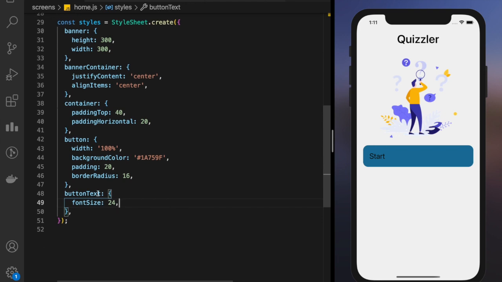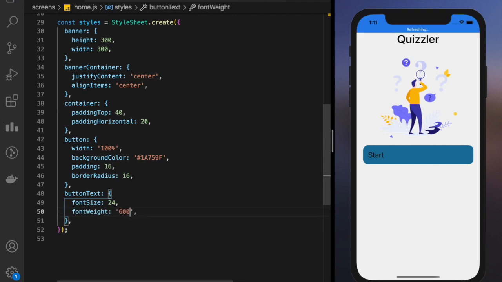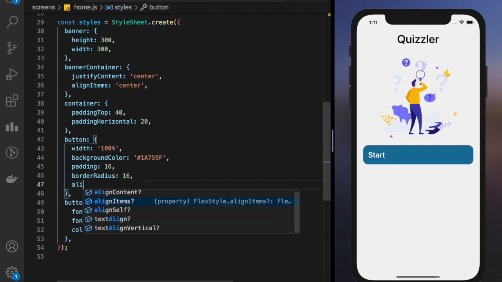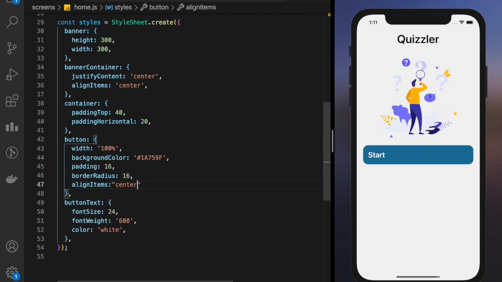Okay, the button looks really big, I can reduce it to 16. Font size 24 looks good. Font weight, I can give it 600, and color of white. And I can align it to center. So now this is our quiz application.